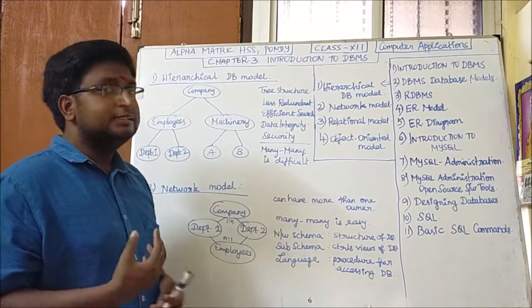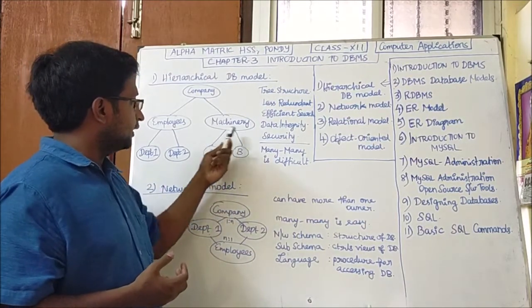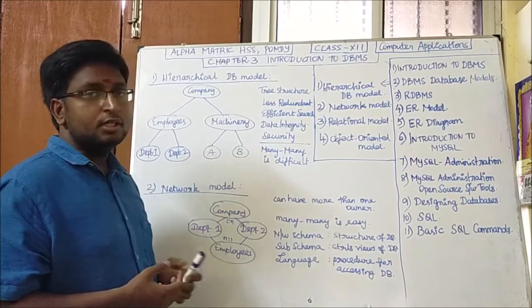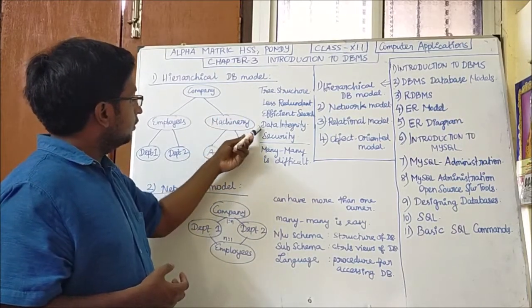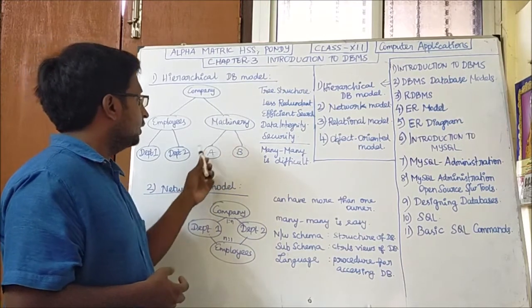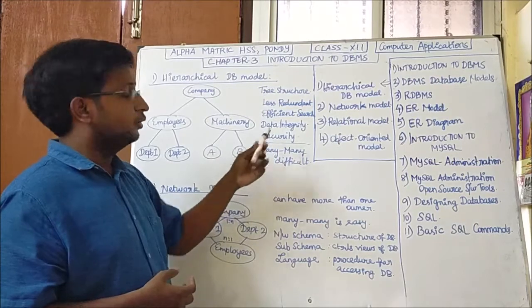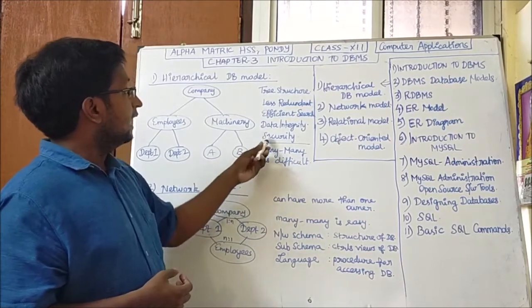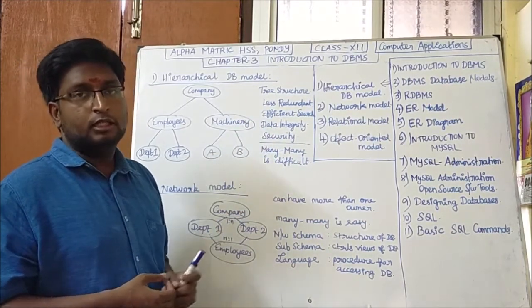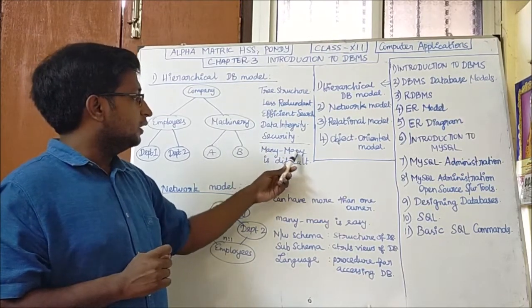The last one is security. It is highly secure. Say for example, I have to secure these data A and B, so I can easily secure only one table, that is the parent, so it will automatically secure these two tables. So high security. So these are the advantages of this model, and the only disadvantage is that many to many relationship